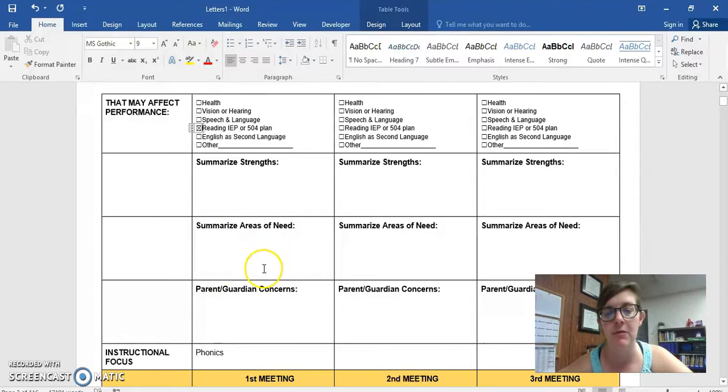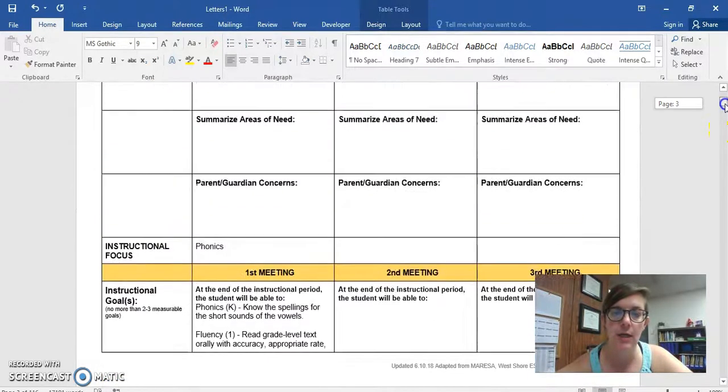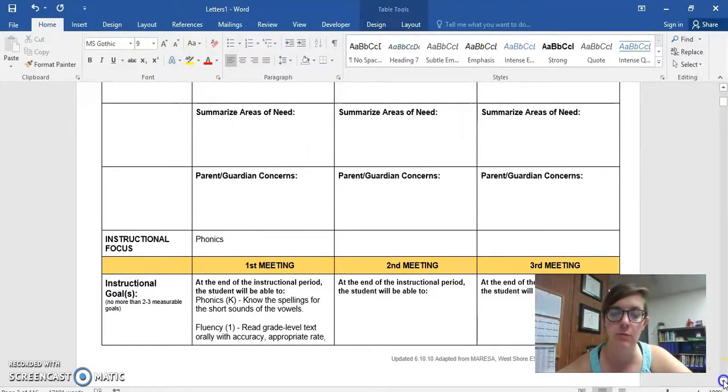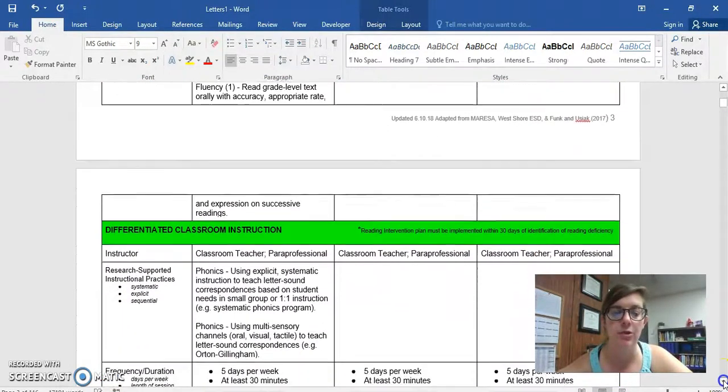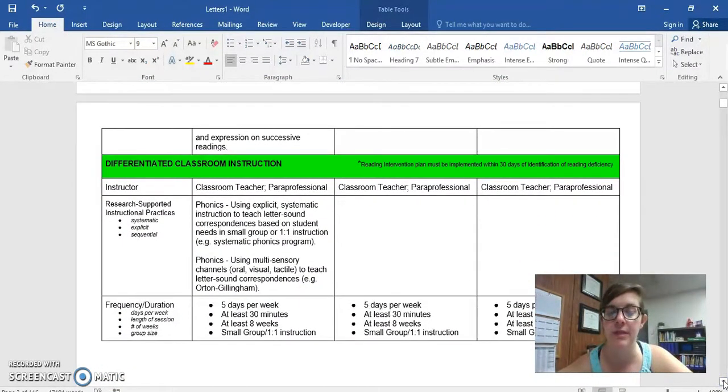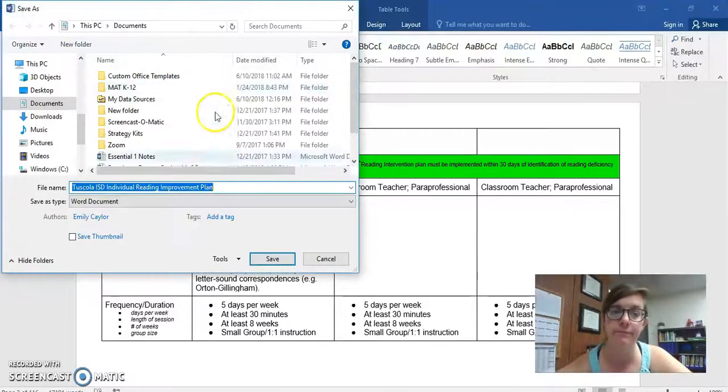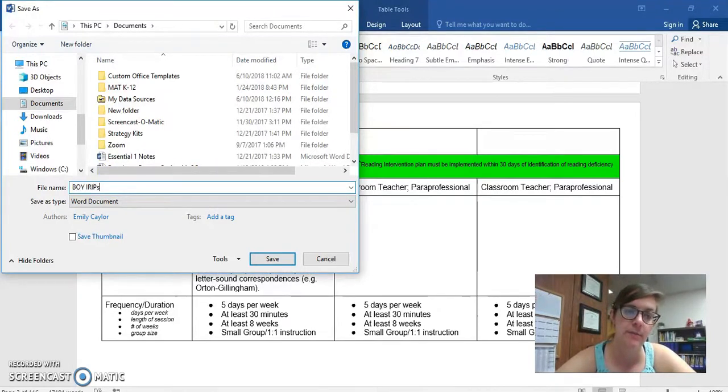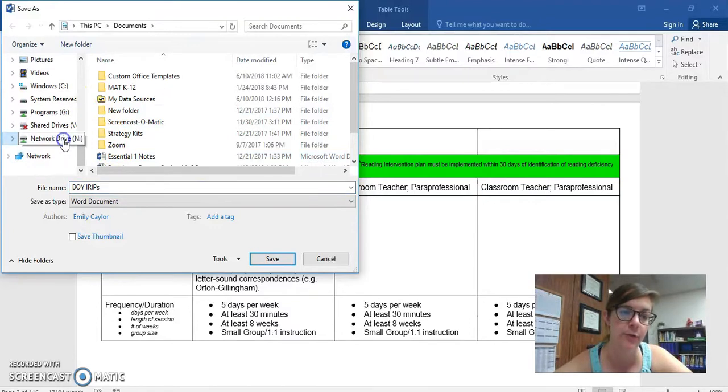We talked a little bit about this last year, but this is where you generalize the strengths from the assessments, generalize the areas of need, and any concerns you're getting from the parents. I'm going to scroll down really quickly to the last 2 pages, and you can see that your instructional goals as well as your instructional strategies were embedded into this IRIP. Basically what you're doing then is you're saving it, changing it to beginning of the year IRIPs with your name and under the correct folder that you want, and then you